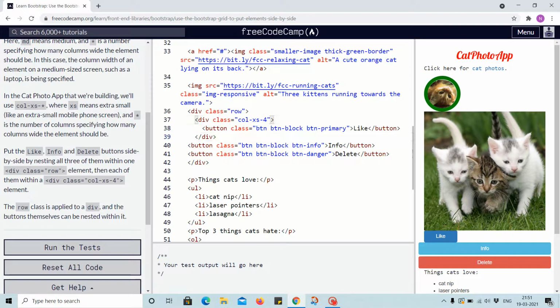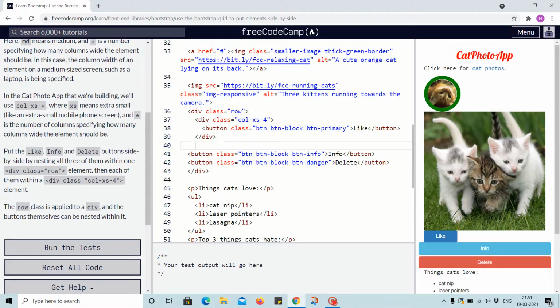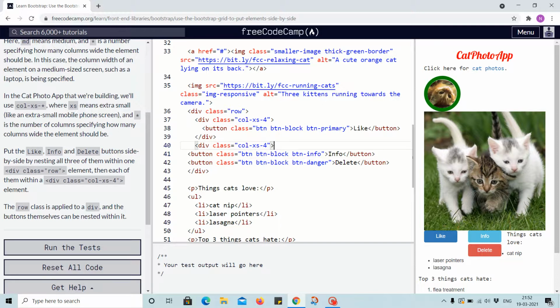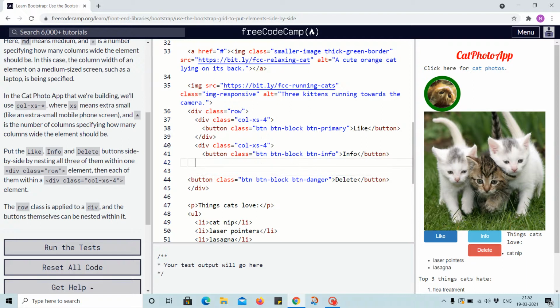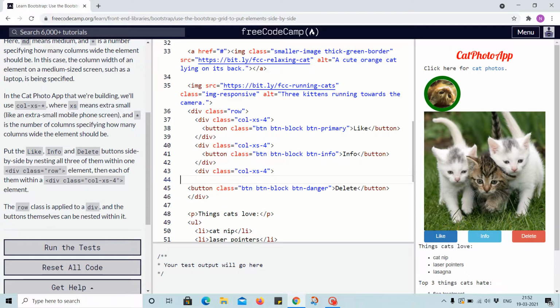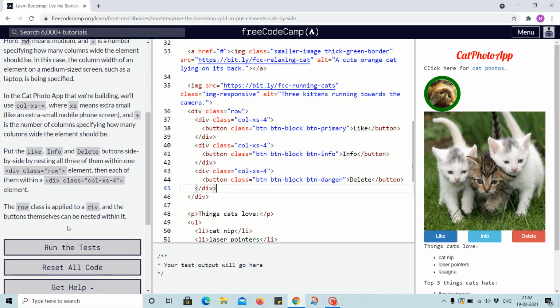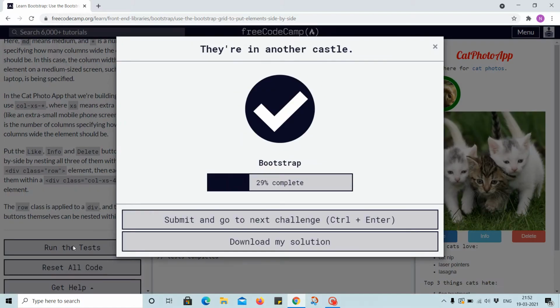In similar fashion, we will use div here before putting button here and closing the div, and the last div with a button here and again a closing div. Looks okay. Let's run the tests and download my